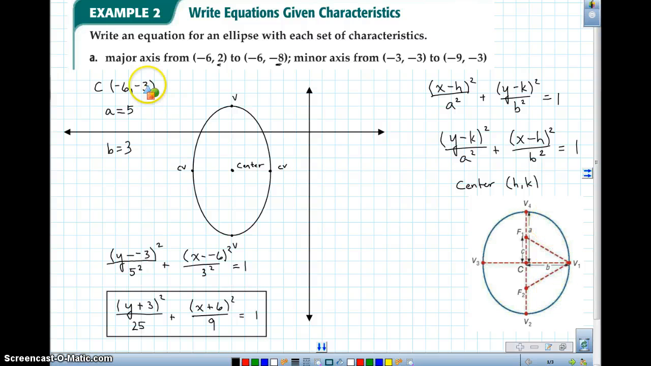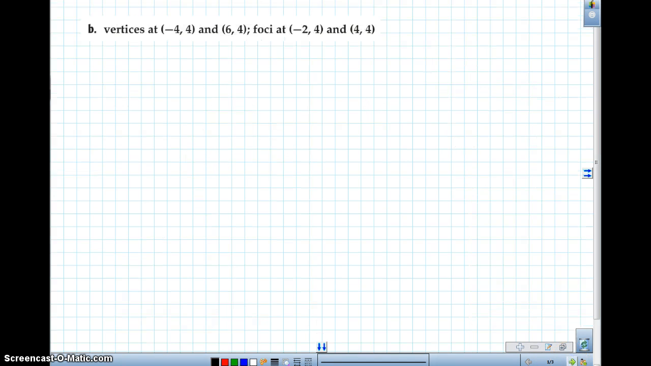They could give you different parameters. They don't always have to give you the major axis and the minor axis. They could start including the foci, like in our next example. The foci, as we talked about in class today, are always along the major axis, and we use the